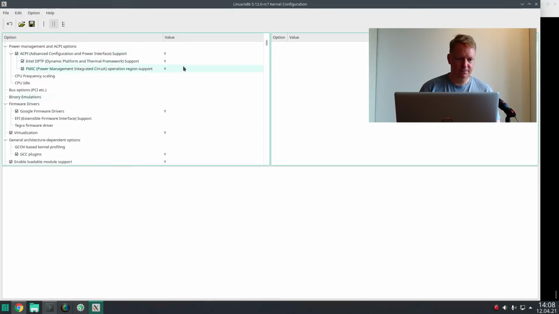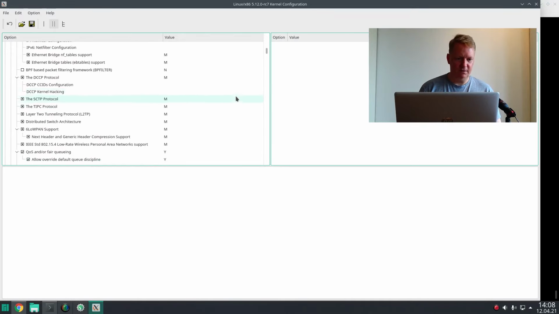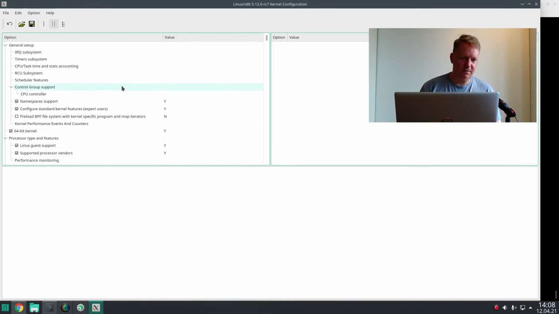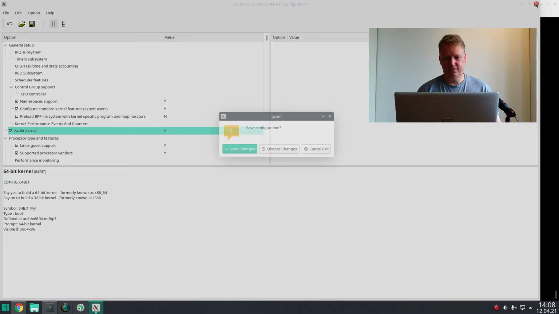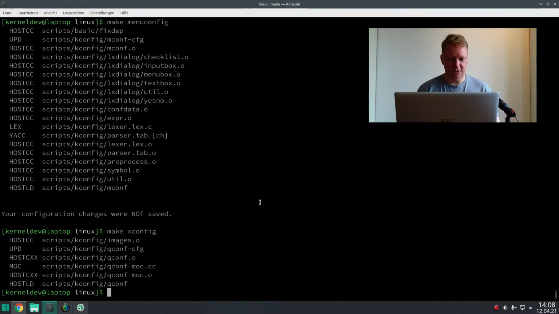Okay. You see, you have again such a tree of options. Here you would have again the option to make it a 32 or 64-bit kernel. This card changes, but